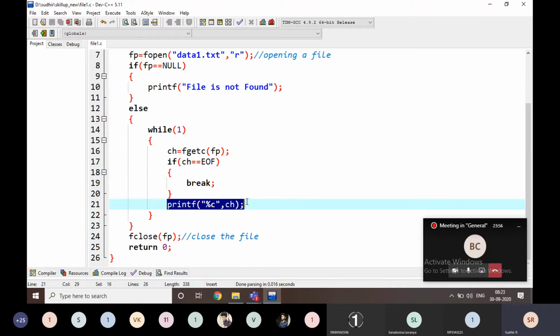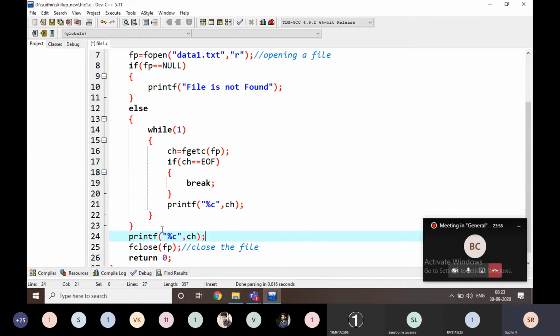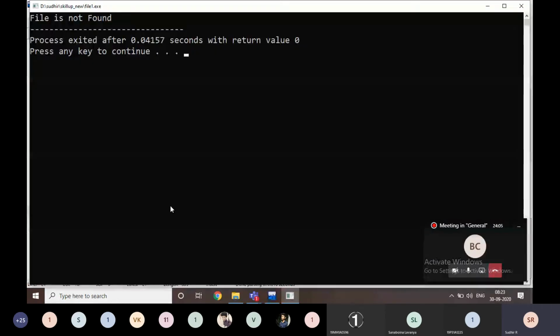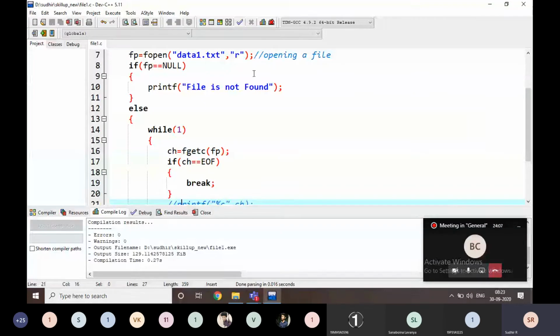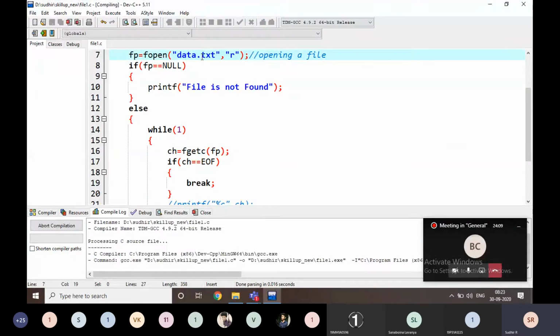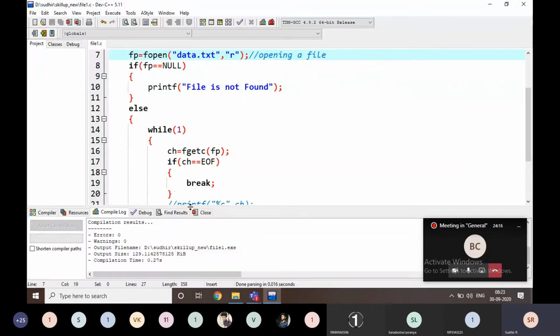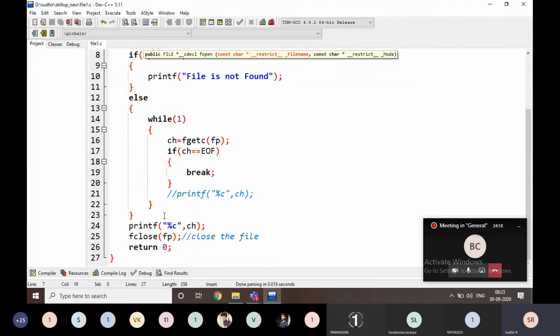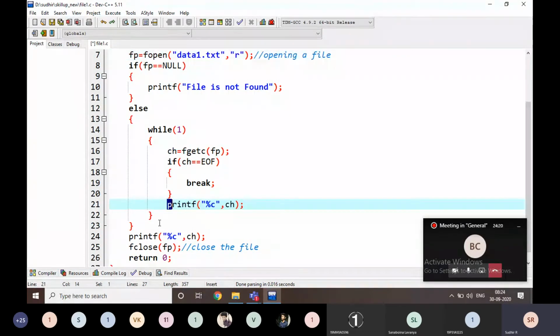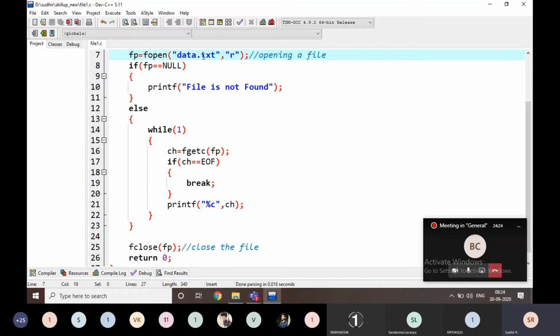What is ch here? ch is the last character. For example, that is the null character. But here I am not storing the data in any variable.